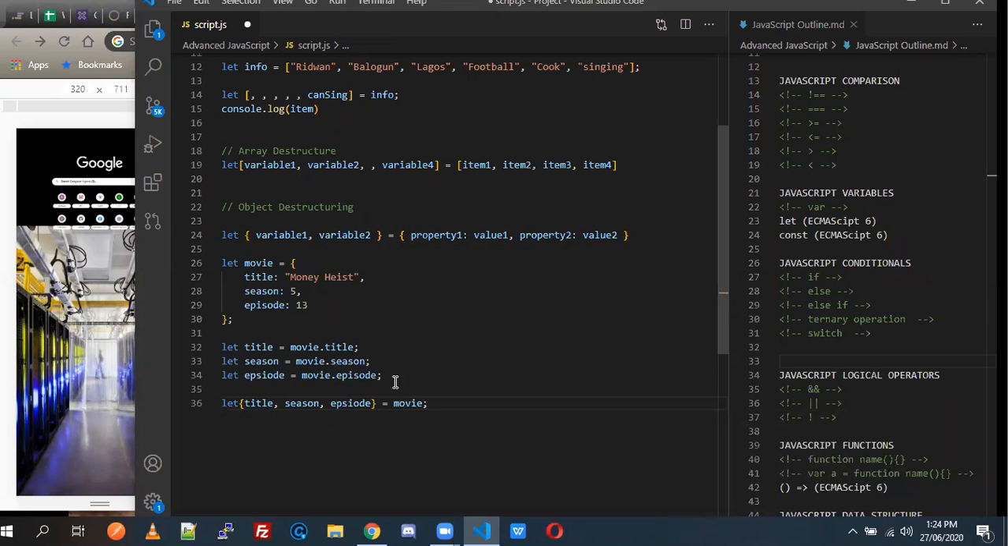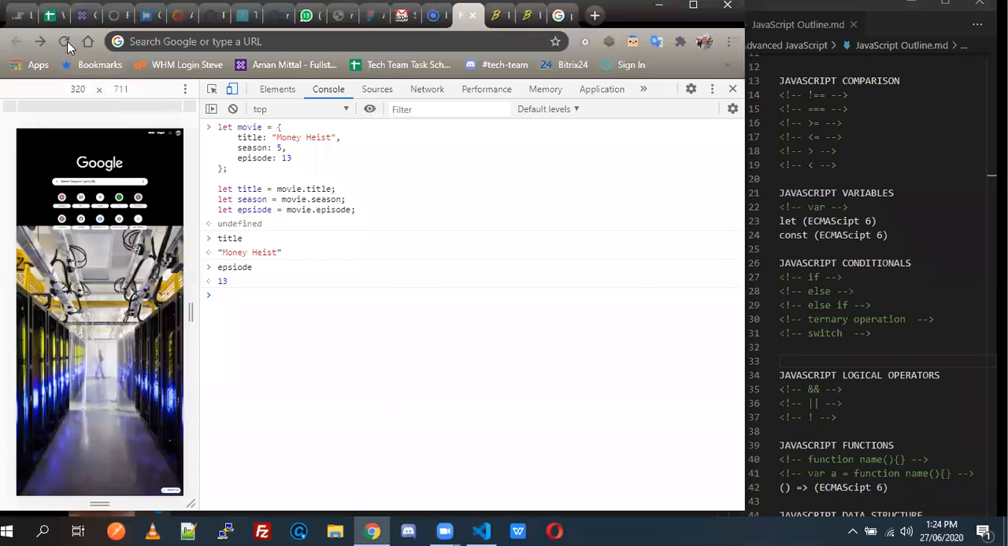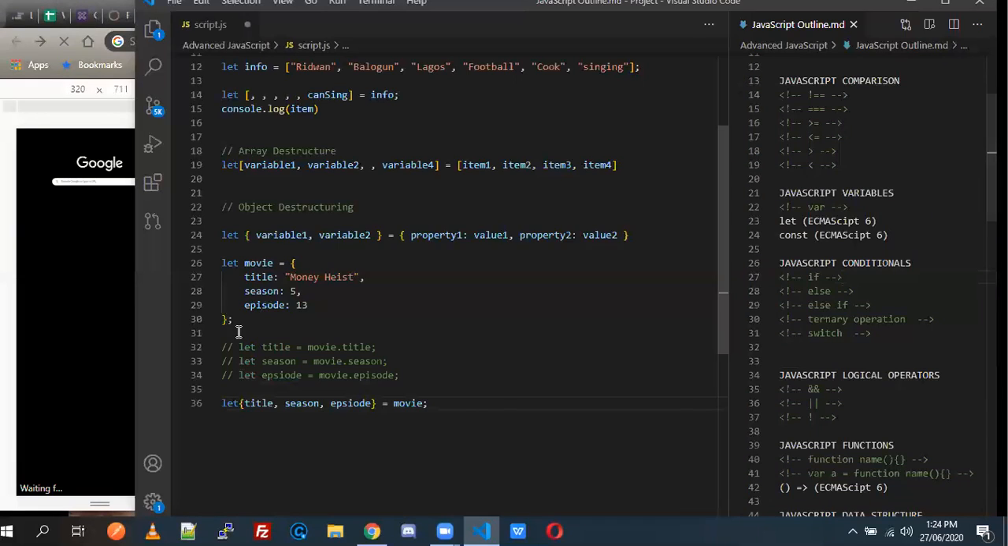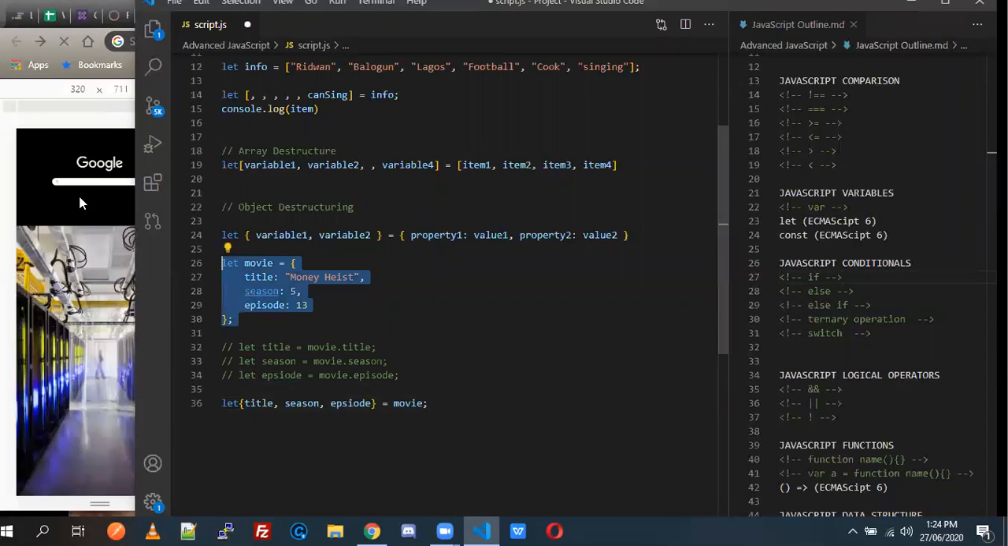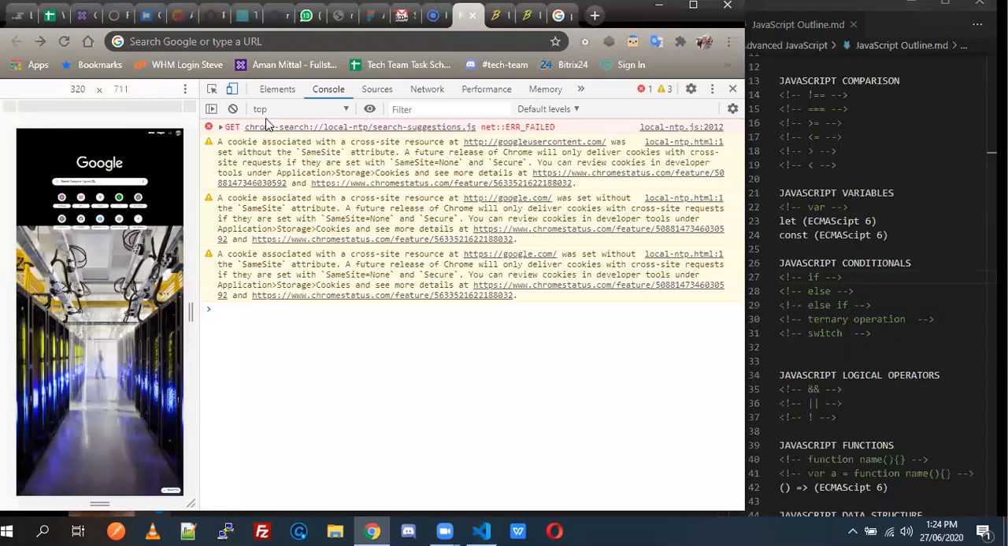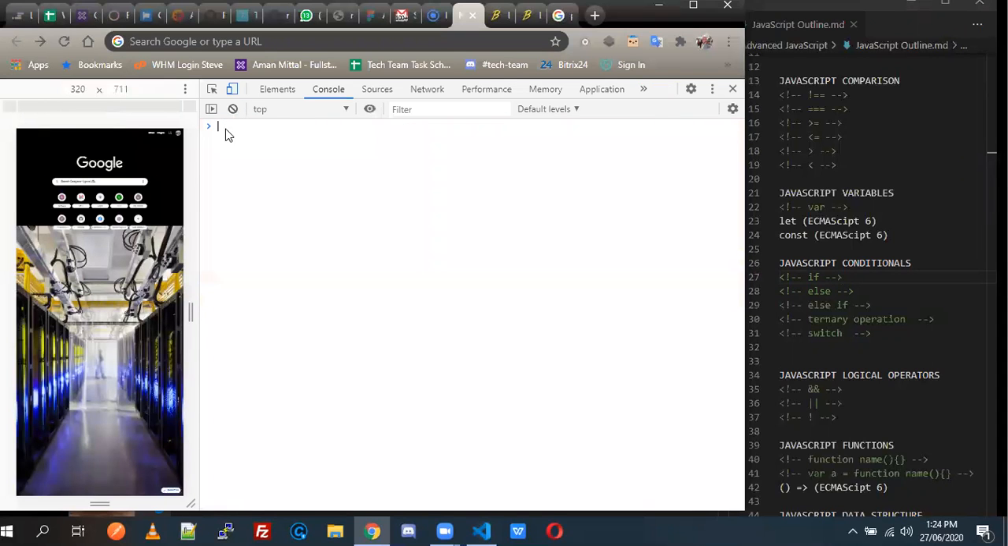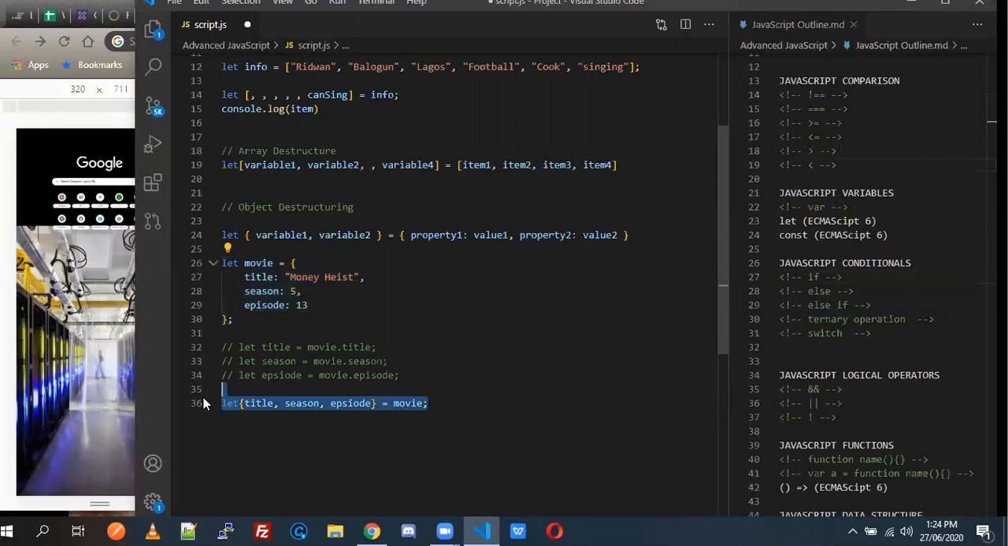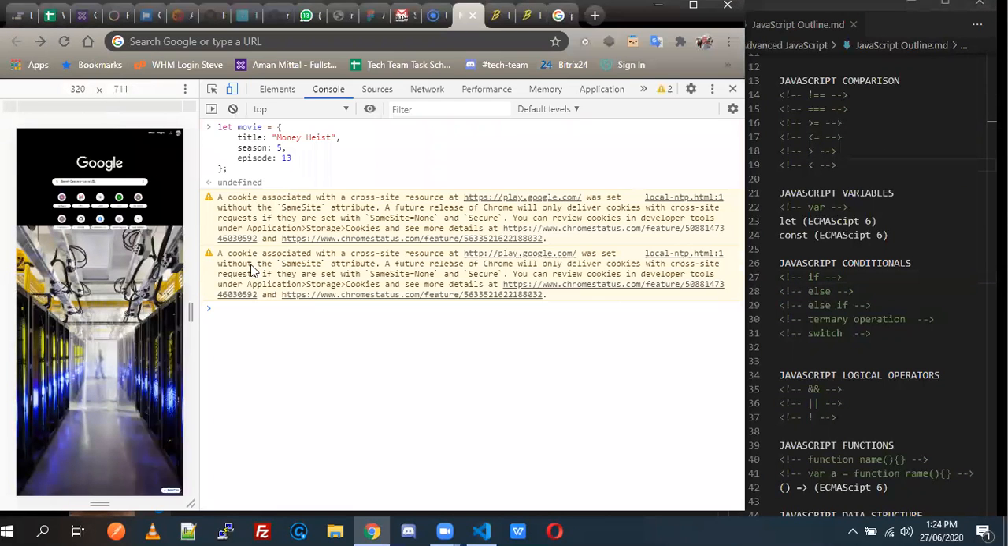So let me just delete this, or what can we do? Let me comment it out. So if I come back here and I refresh, let me copy the movie. So copy it here. So if I do the object restructuring, so if I go back and I do